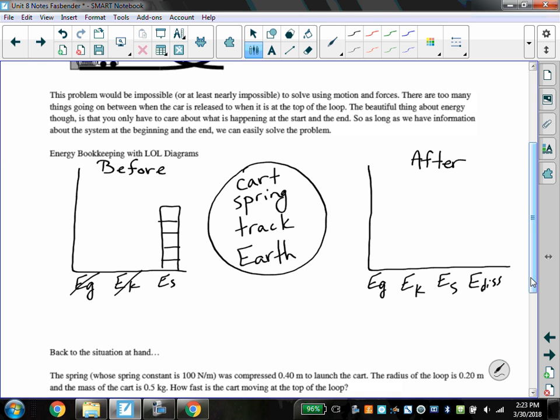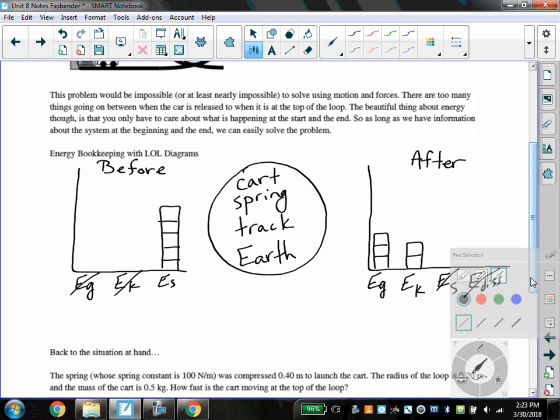After, our cart is up above the ground, so we would say, oh yes, I have some gravitational energy. Our cart is moving, so we would say, oh yes, we have some kinetic energy. But our spring is no longer compressed or stretched, so the spring no longer holds any energy. And we're just going to go ahead and assume that there's no friction here, just to make our lives a little bit easier. So now we've shown that we've got energy before,